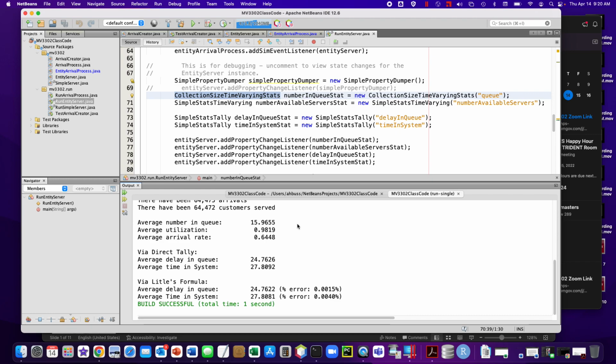Whereas the container itself, if we were to try to figure that out from the container itself, what we would get is a pile of entities, and that's not terribly useful. The other is that for the tally stats, there's a simple stats tally. And for the delay in the queue and the time in the system, we tally those because those are discrete